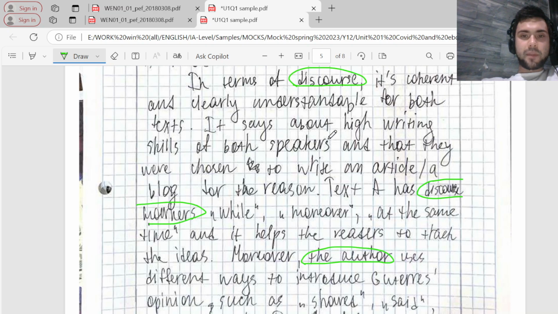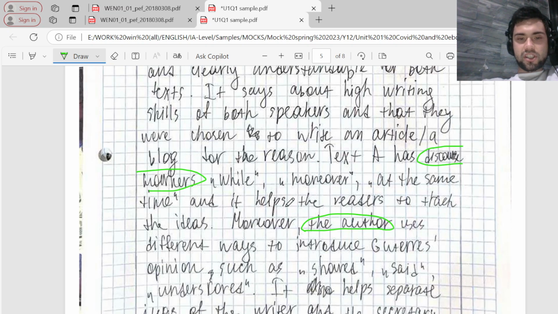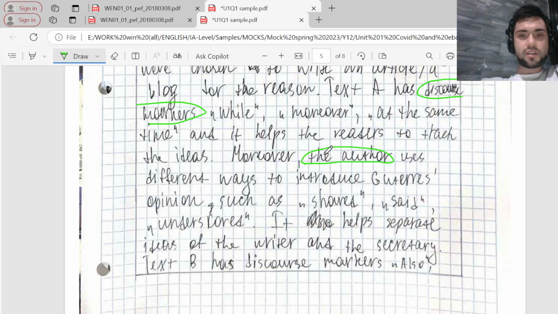Don't make it messy. After that, in terms of discourse, so we speak about discourse, which is being coherent, and it is related to the use of discourse markers to structure the representation of ideas, or for the readers to track the ideas, which is all right, not bad. Another term discourse markers used. So the author uses different ways to introduce the opinion, which must be, you see, related to one of the former points about